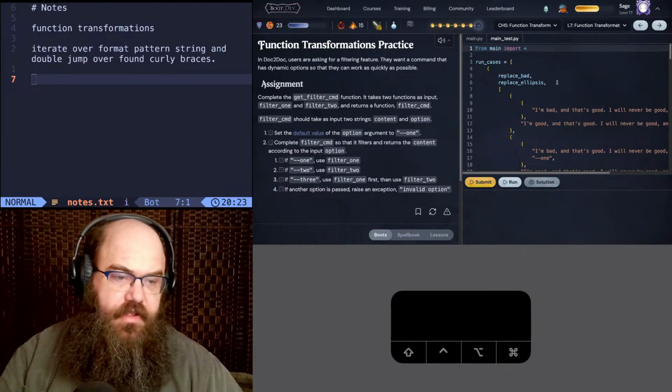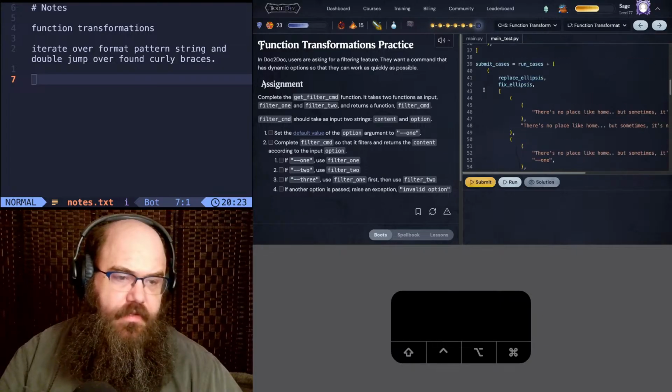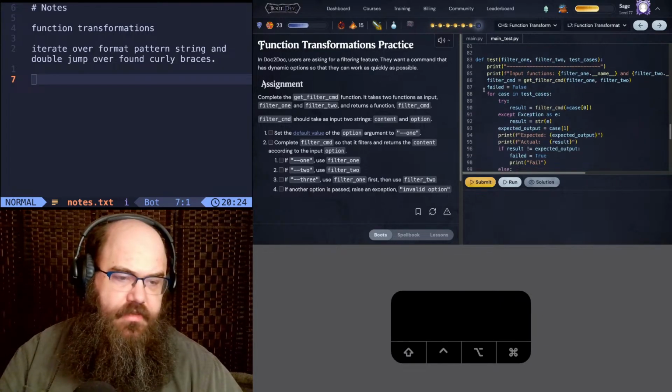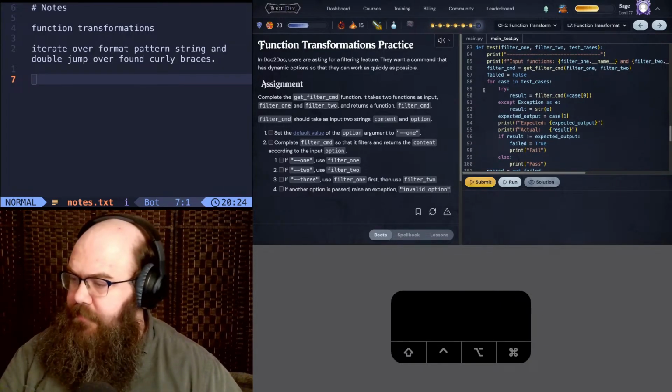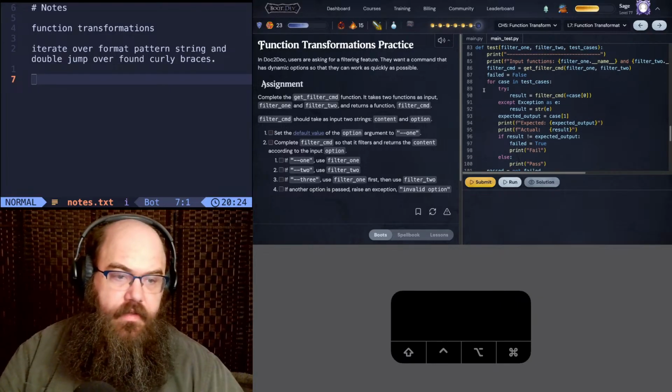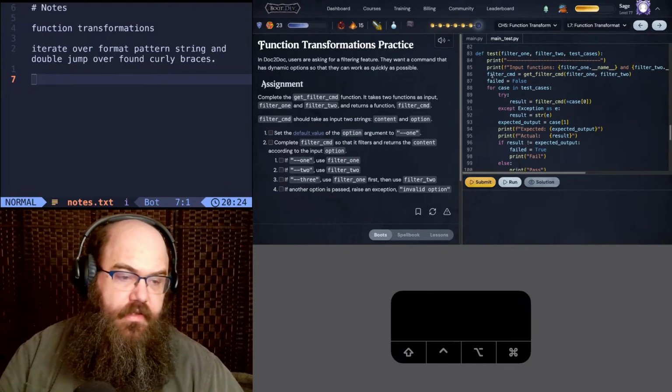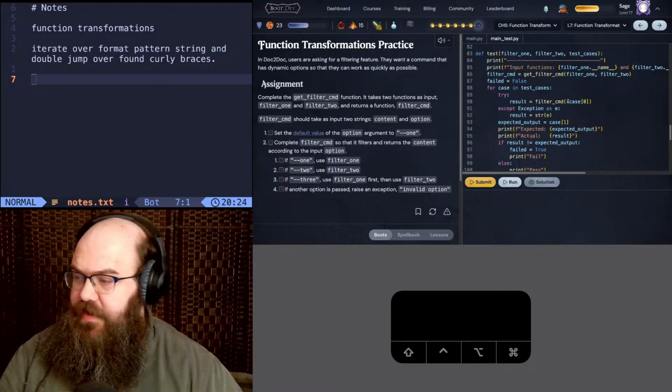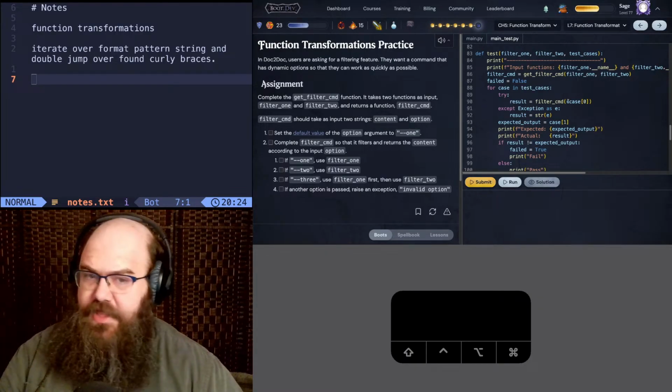Let's look at the test. Replace bad, replace ellipsis. Submit cases, and lots more cases. Def test. Filter CMD equals this. Result equals filter command on case. And case was a string. So we're supposed to be giving them